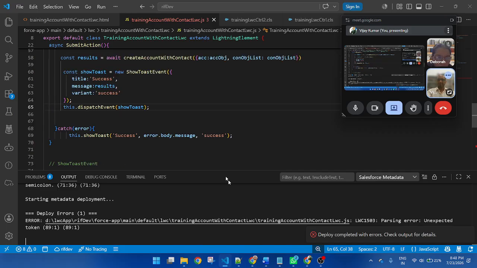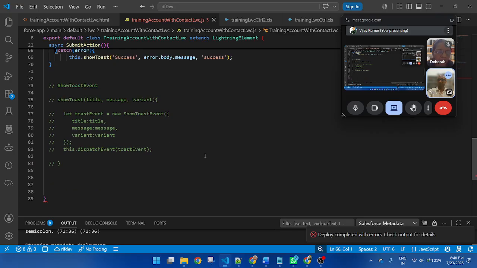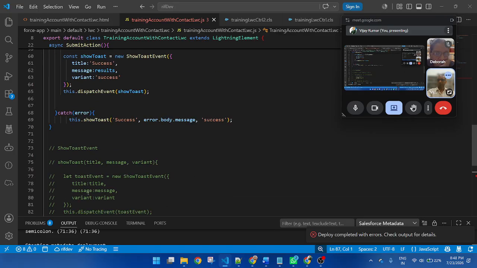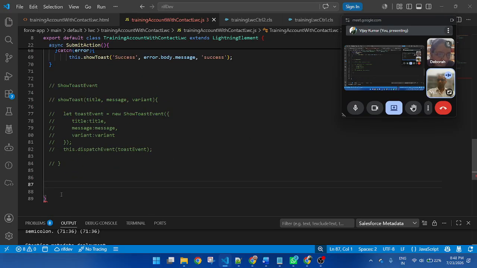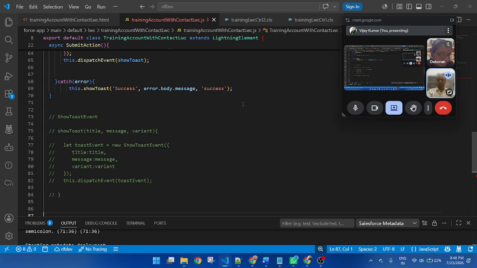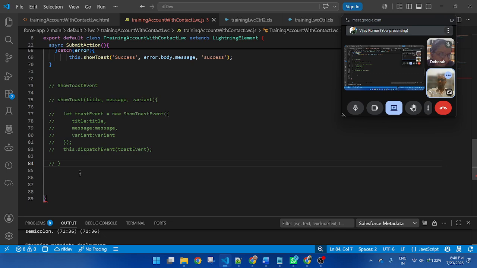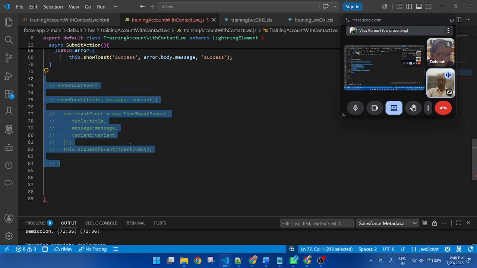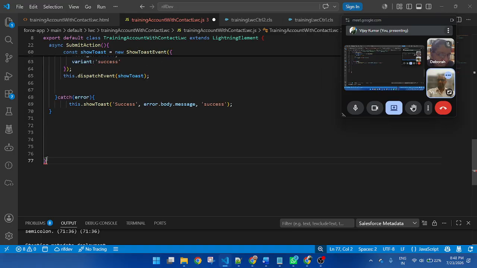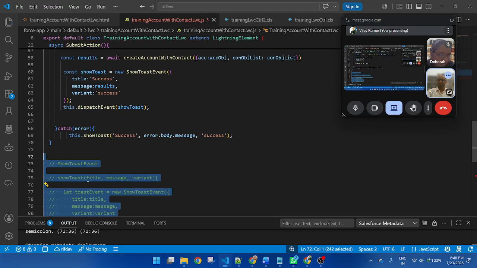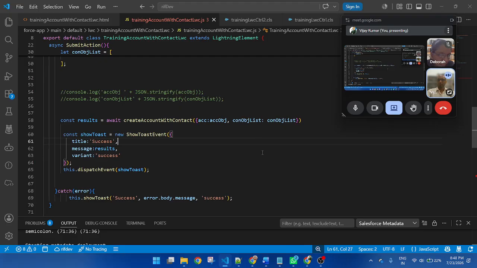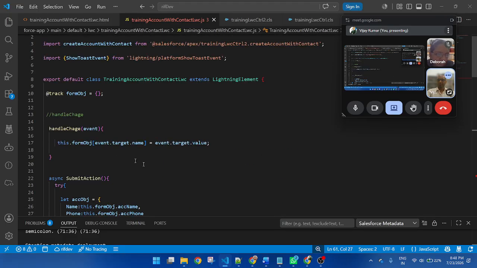Same error. 89, but 89 means something is missing. Some brackets are not closing properly, so I am getting the error.